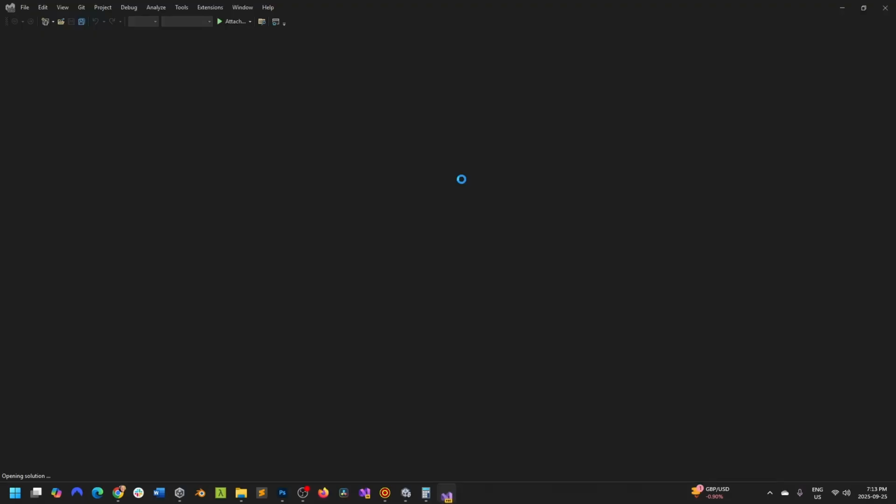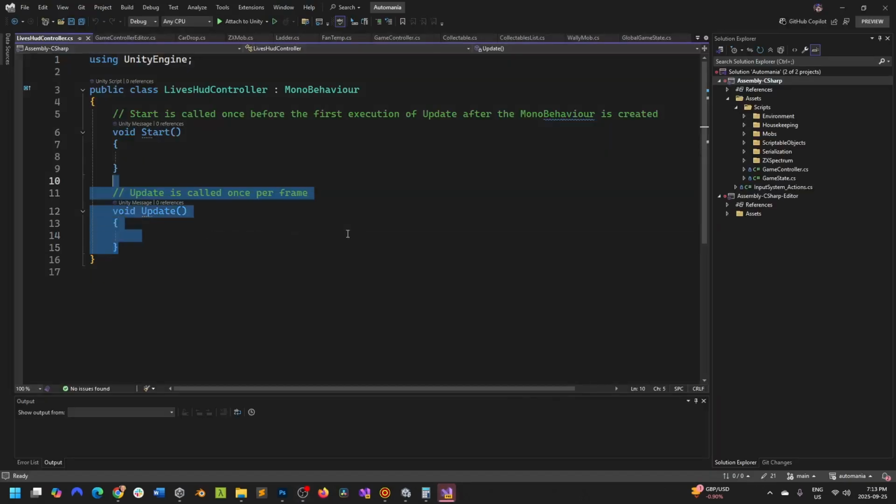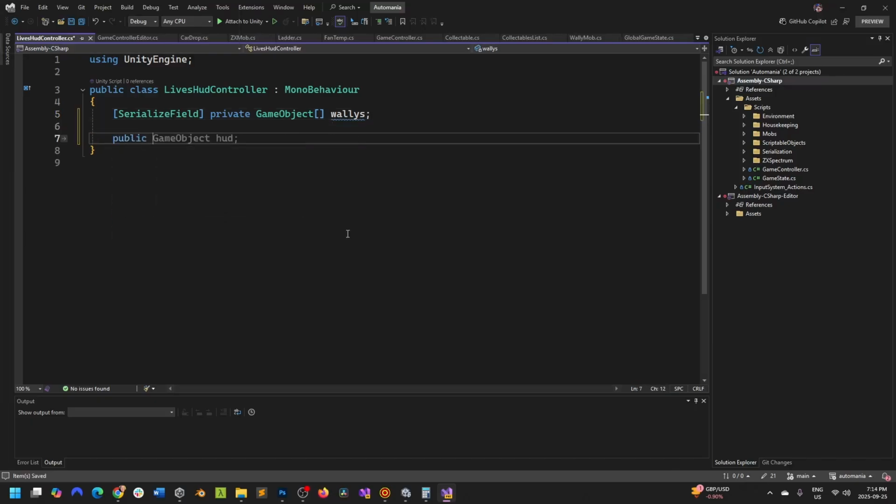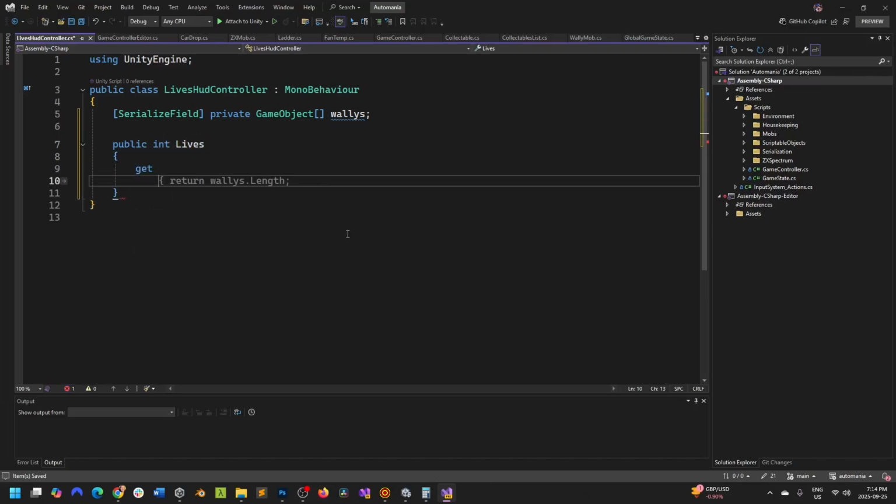And then we'll fire up Visual Studio. So we're going to have a public game object, Wallys. Let's make that actually private serialize field, because we don't want to expose it, but we do want to have public int lives, get, set,